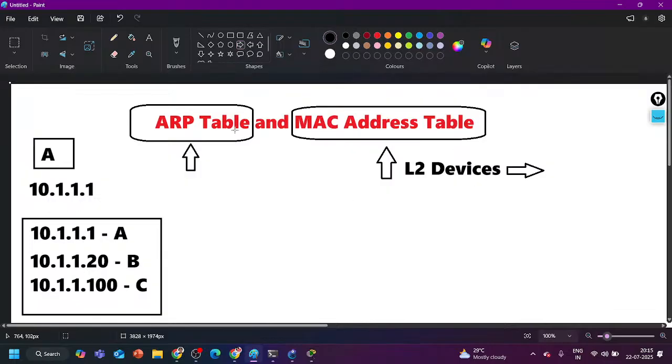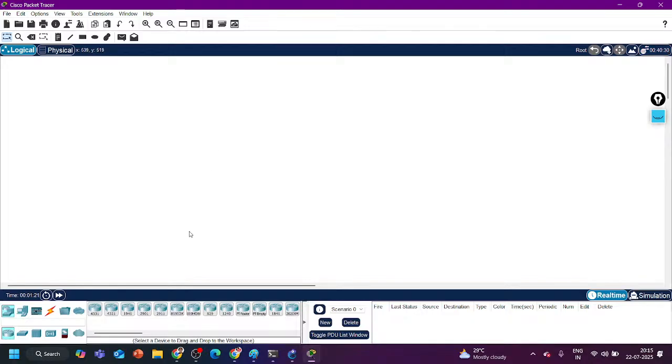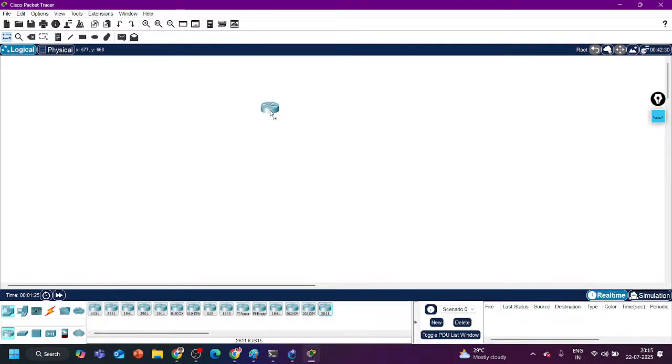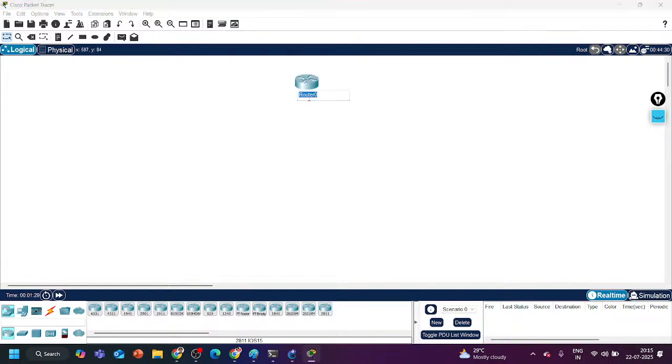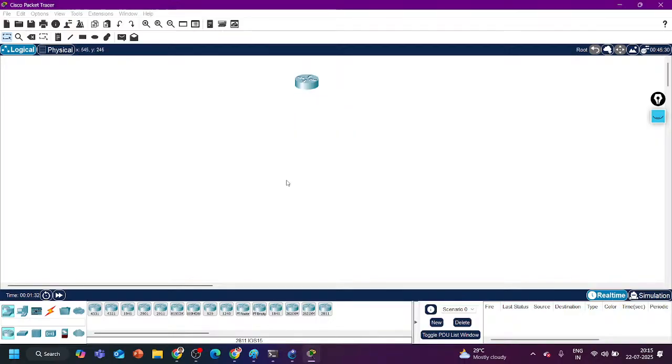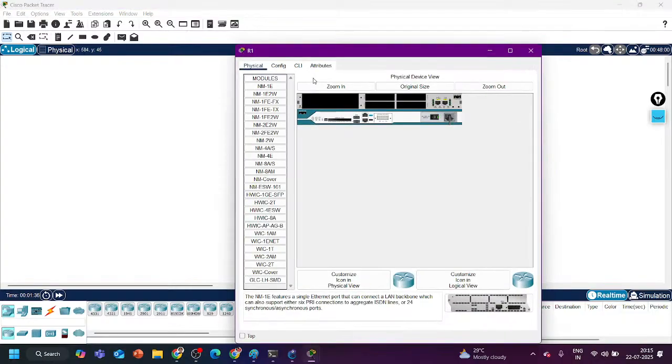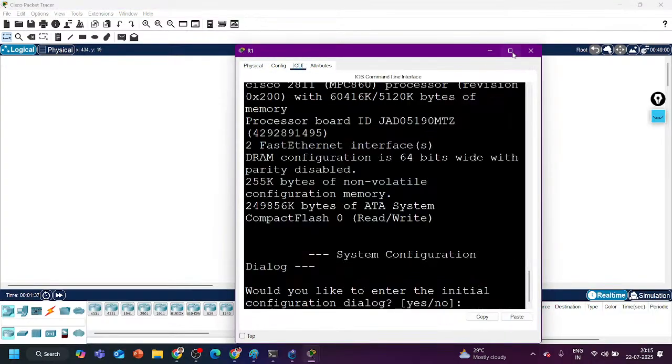table. And what will be the information in the MAC address table? Like in the ARP table, we have seen the MAC address with IP address. Here it is the MAC address with port number, the switch port. For example, see this router. If I check the ARP table of this device,